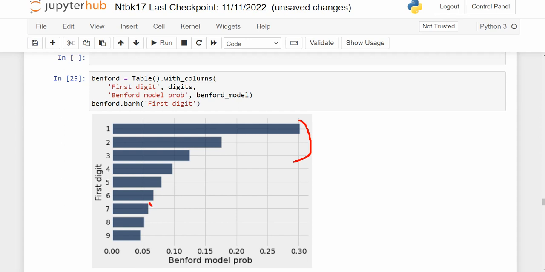And there's a much smaller probability that we'll have a large number, like a 7, 8, or a 9, show up as the leading digits. So this is kind of nice to explain Benford's law. It's sort of a confusing thing, but it turns out that in these big numeric data sets, this is almost always true, that the small numbers are the ones that are much more likely to be leading digits. Okay, so we've got the model,